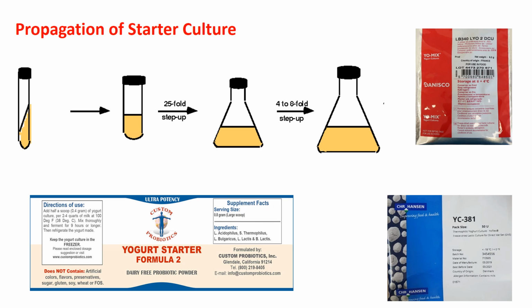Generally the mother culture can be used for propagation by transferring a small amount of it into a growth vial or media or other containers, and it can be increased on a large scale, and that can be used for actual application. So nowadays they are readily available in small-size pouches or sachets for commercial use for production of different kinds of fermented milk products.